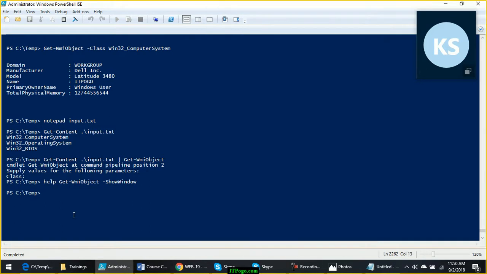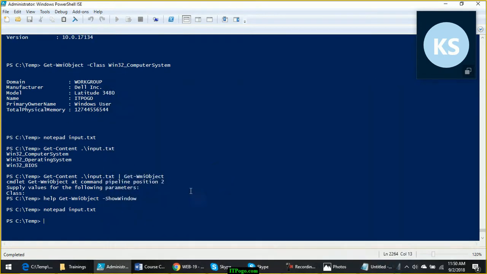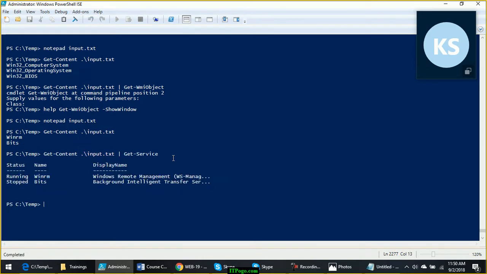Now let me show you another example. Let's put, instead of the class names, service names here, WinRM and BITS. Now when I get content of this file, I am getting two names. I can simply pass it to Get-Service. So automatically the contents of this file will be passed to the name parameter. I am not specifying here which parameter should take the input. It is still able to give me the output,